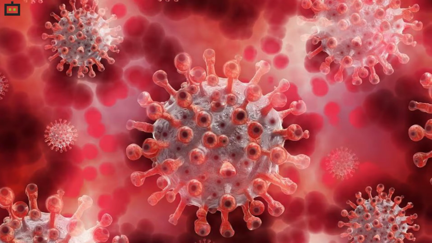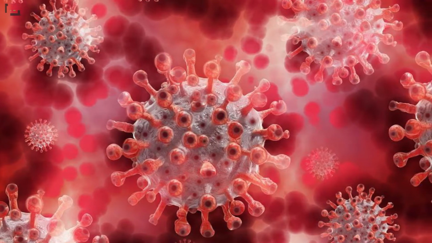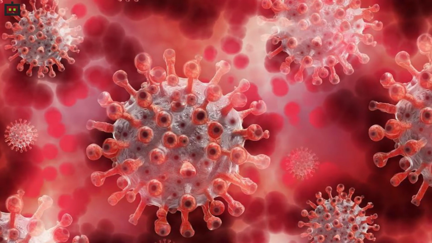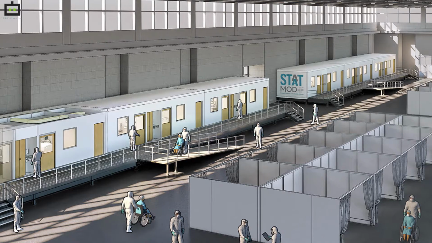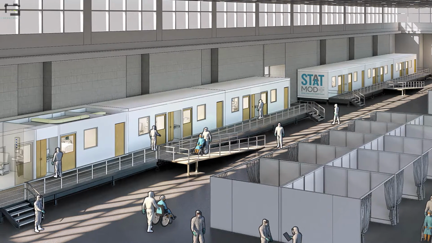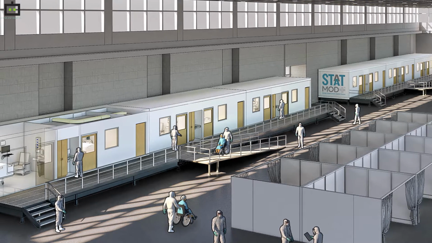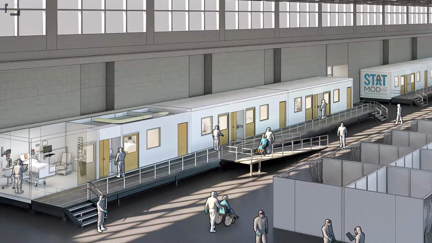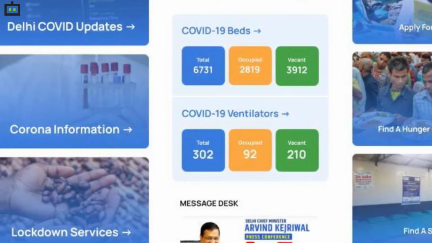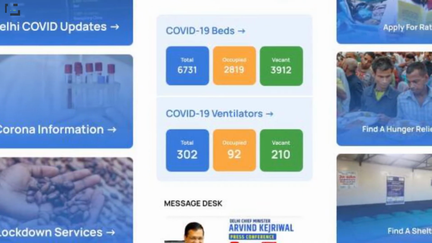The Delhi government has launched several measures to control the spread of COVID-19 cases, but the second wave has forced people to share their hospital beds. Notably, the government has already converted several hotels and banquets into extended COVID-19 facilities. The Delhi government also launched an app which allows people to find out the availability of beds, ICU beds, and